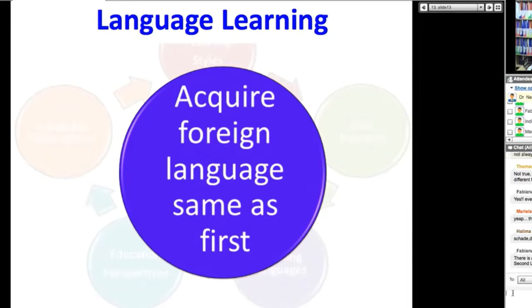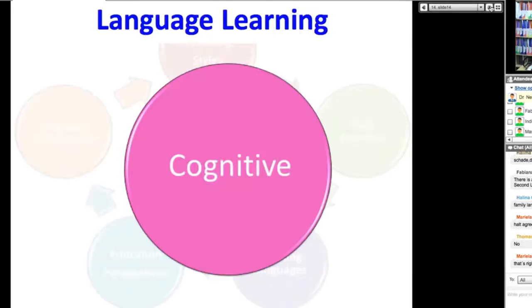How many of you agree with that? How many of you have learned a language when you were older, a foreign language? Do you find, was it natural for you to learn it? Okay, exactly, Thomas. Most adult learners say, no, it's not natural at all. It's very, very artificial. It's very difficult. I have to know the grammar. If I don't know the grammar, I can't do it. In other words, there's a lot of opposition from adults and even from kids about this natural way of learning a foreign language. Okay, so it's a theory.